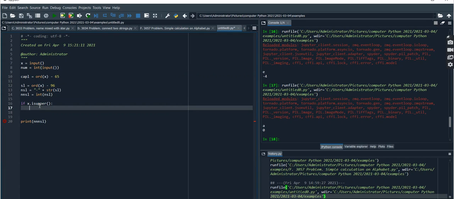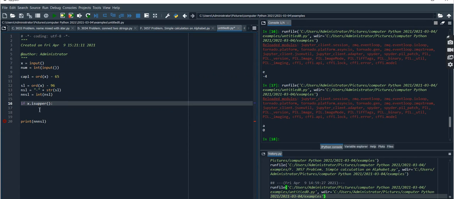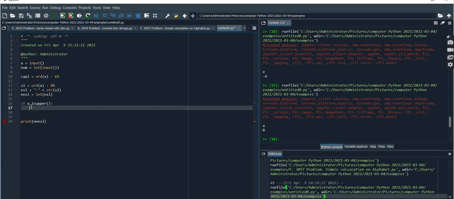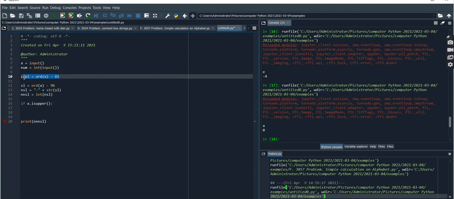So if x dot isupper, this function is supposed to check if x is a capital letter or a small letter. So this particular if block, this first one, is for capital letters. If it's not a capital letter, it will go to the next if block that we are going to write. So now let's use this line,